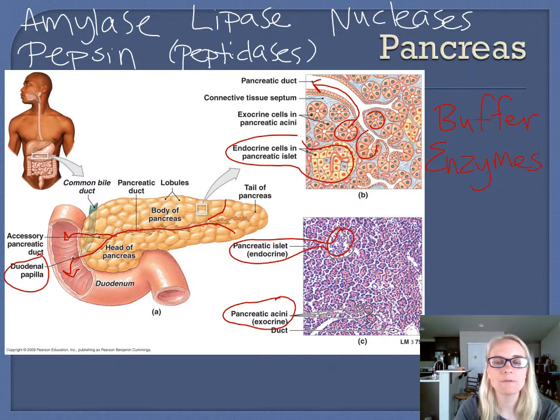So here we have a whole collection of enzymes that are being secreted from the pancreas, along with the alkaline buffer. So it's going to be probably a pH 8 buffer. And we have this huge collection of enzymes, and their job is to get as close to that final step of processing as possible. Because remember, the final step was those brush border enzymes that are located on the microvilli of the small intestine. But the amylase, the pepsins, the peptidases, the lipase,